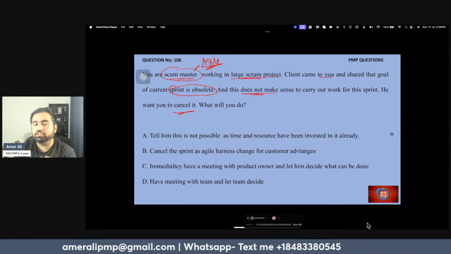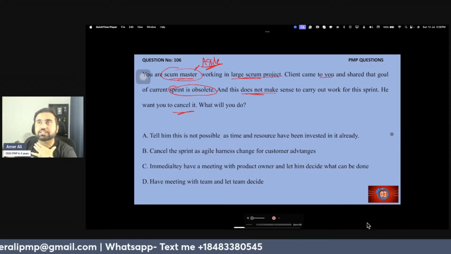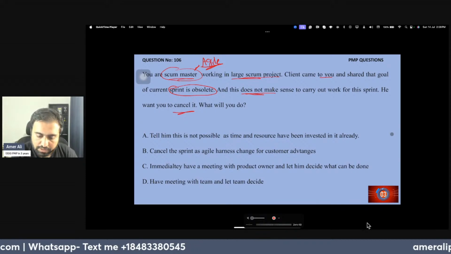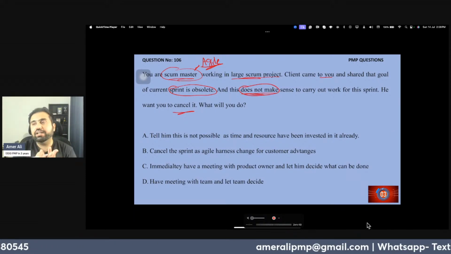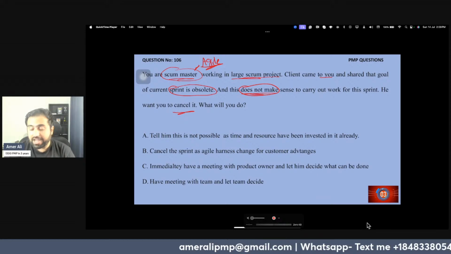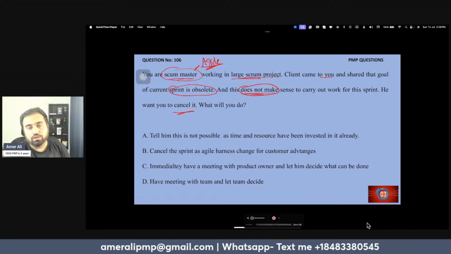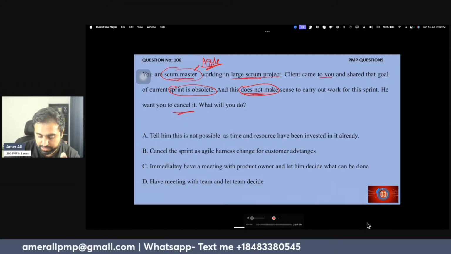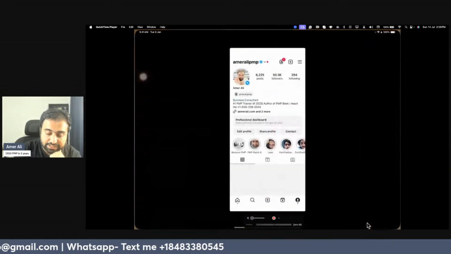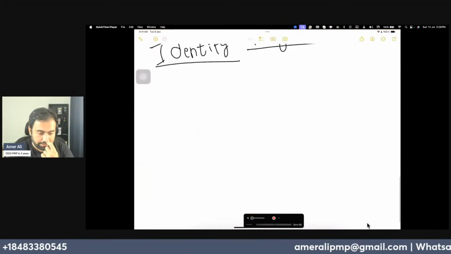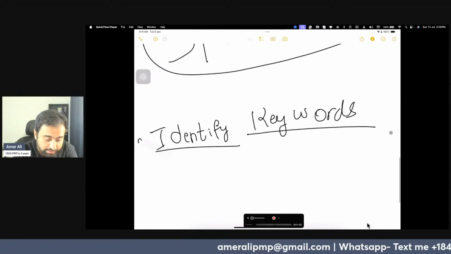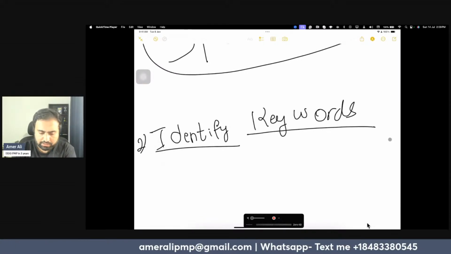You are taking the question by its neck, I would say. And this does not make sense to carry out the sprint. Identifying the keyword actually helps you to solve the question in the most effective way. So that's why that is step number 2. You identify keywords. Step number 3